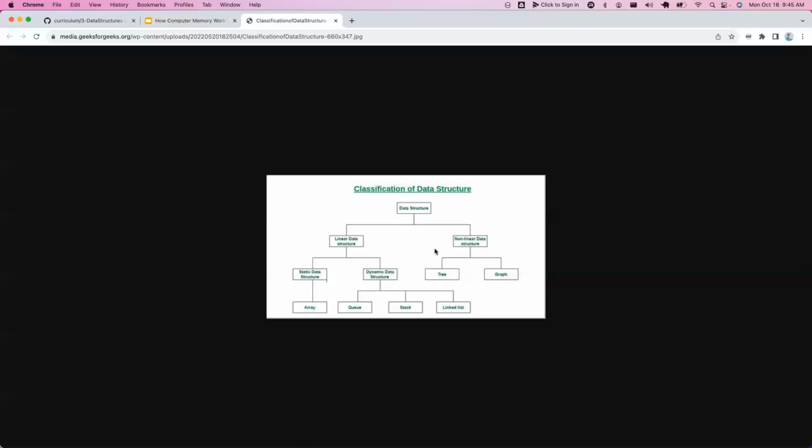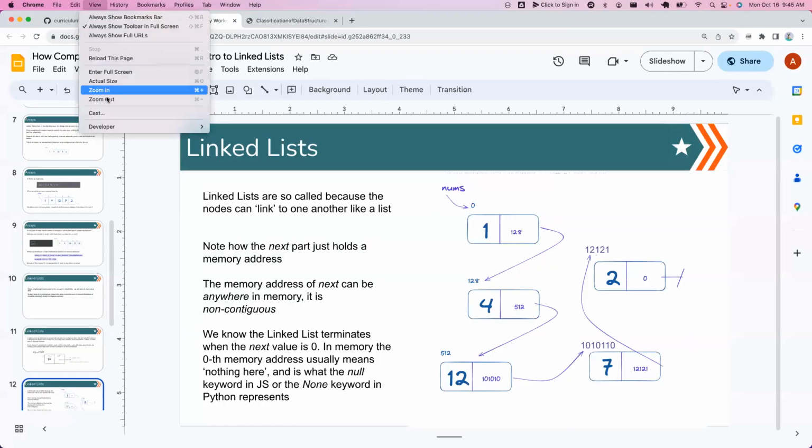Okay, thank you. Totally. Data structures. Okay, yeah, that's not a bad chart. Lost my slide deck here, but